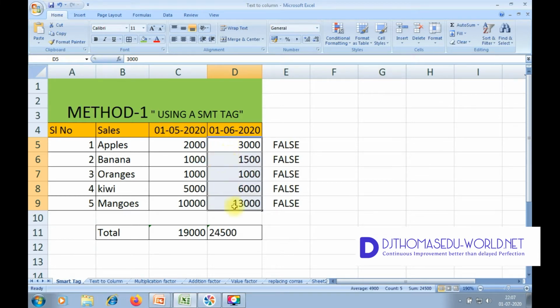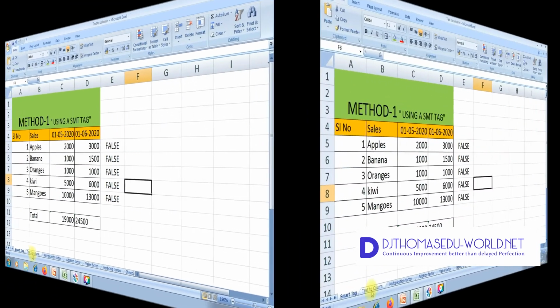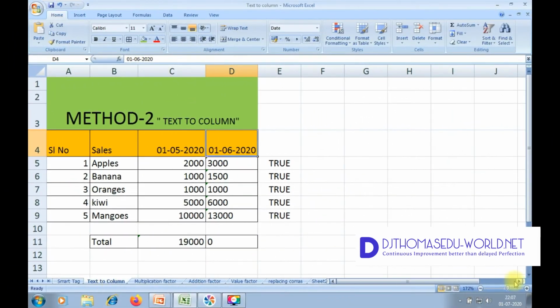All the values which are in text are converted to a number, and the condition gives false for is text, which means all the text is converted to a number format.